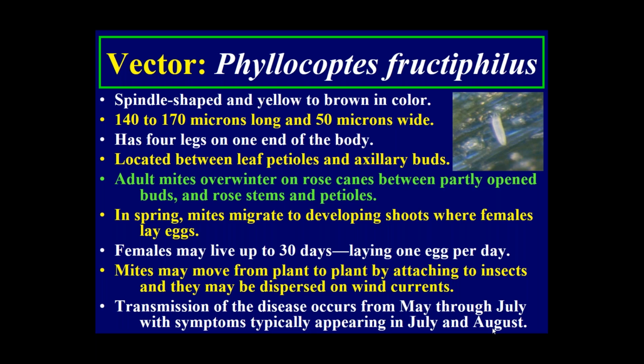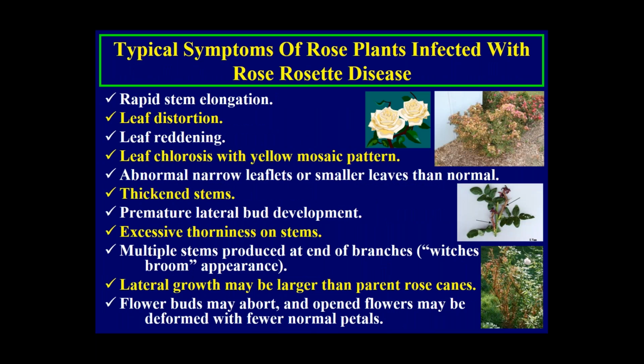Okay, well, what am I looking for? Well, symptoms: rapid stem elongation, leaf distortion, leaf reddening. However, you remember that roses, their new growth is red, okay? Leaf chlorosis with yellow mosaic pattern, abnormal narrow leaflets or smaller leaves than normal, thickened stems, premature lateral bud development, excessive thorniness, not horniness, thorniness on stems, multiple stems produced at the end of branches, which is